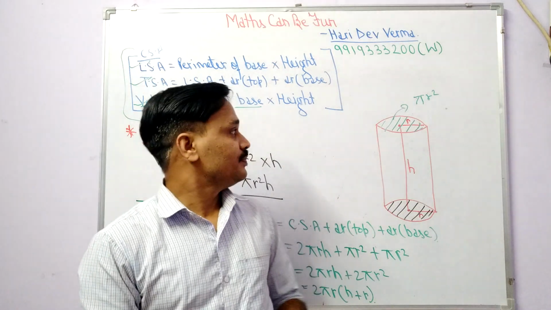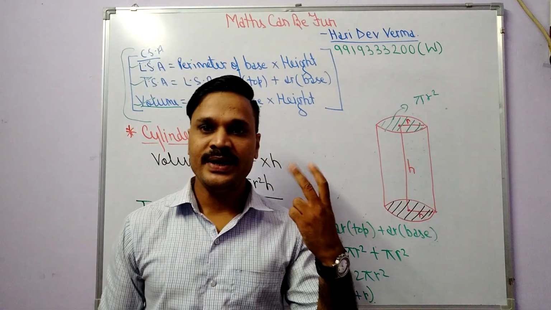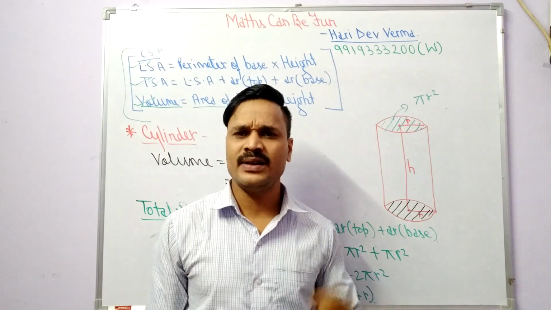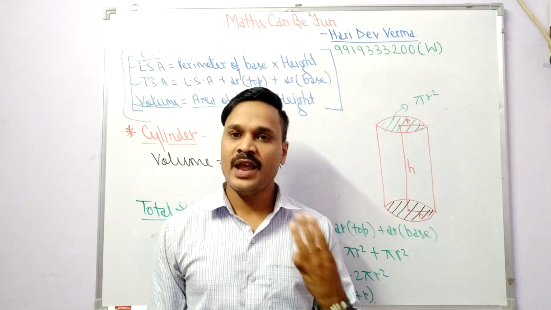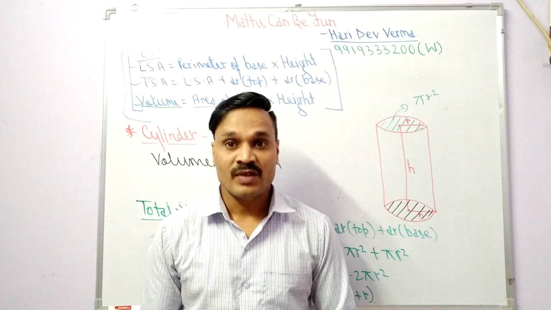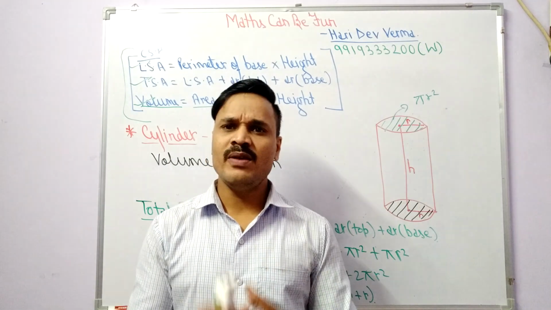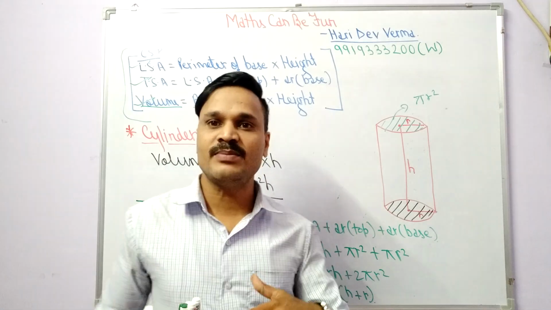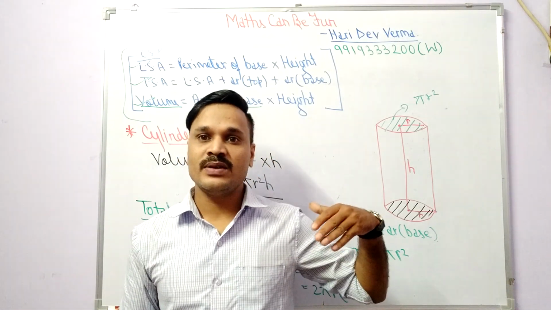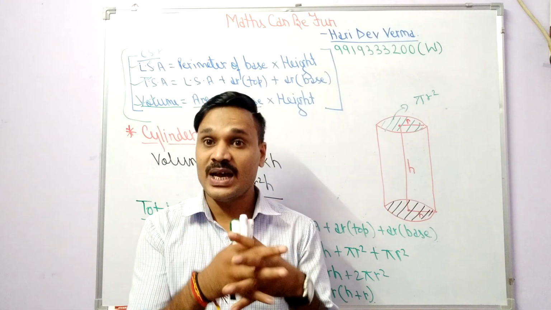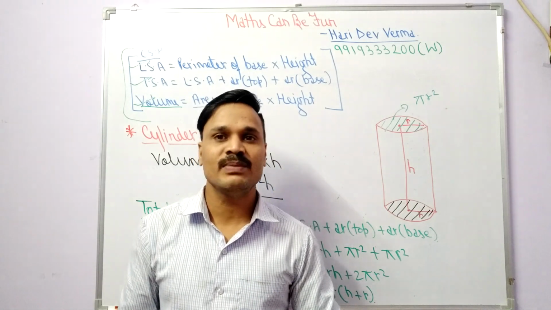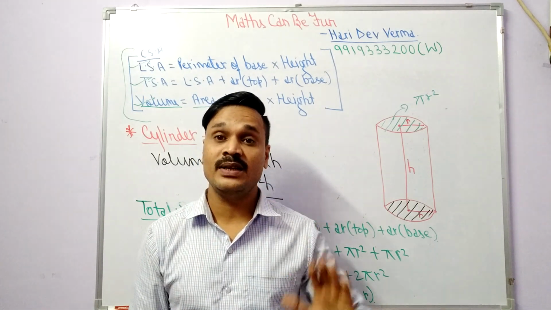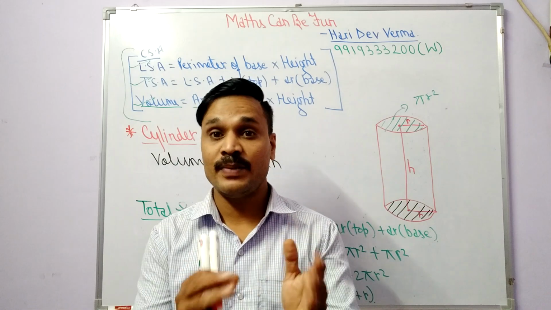So cube, cuboid and cylinder are finished. In my next video, I will try to complete cone, sphere, hemisphere and frustum. One more thing, units. I will make a units video separately because I want to discuss many things about units, since when videos or sums related to capacity come up, children face problems. So I will try my best to make a separate video on units, basically for surface area and volume.